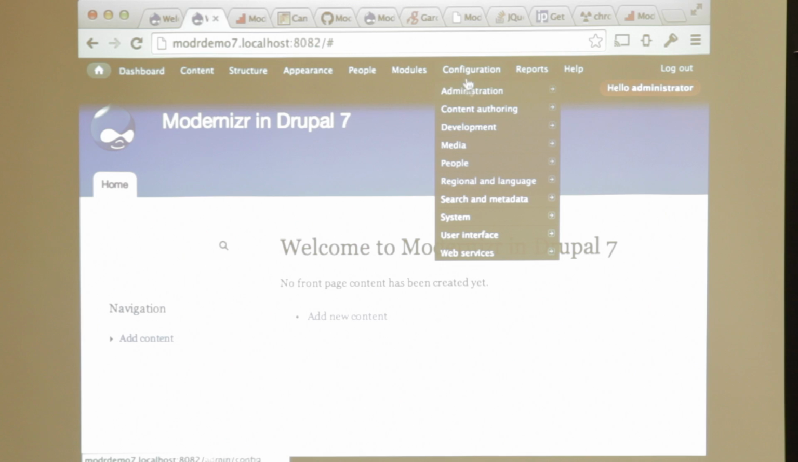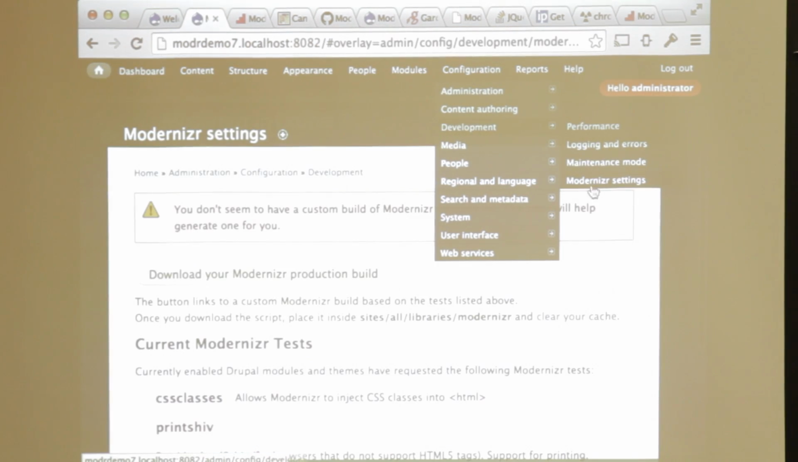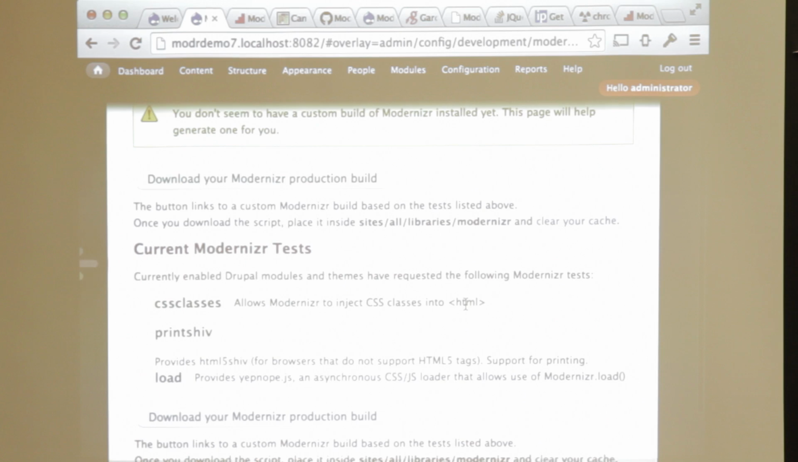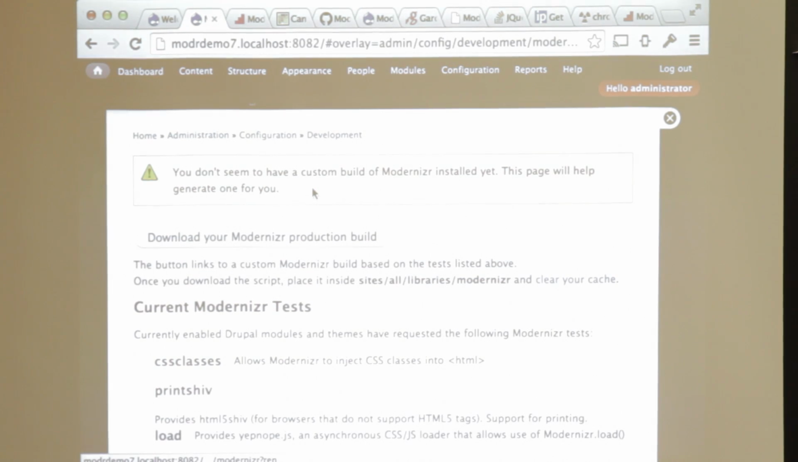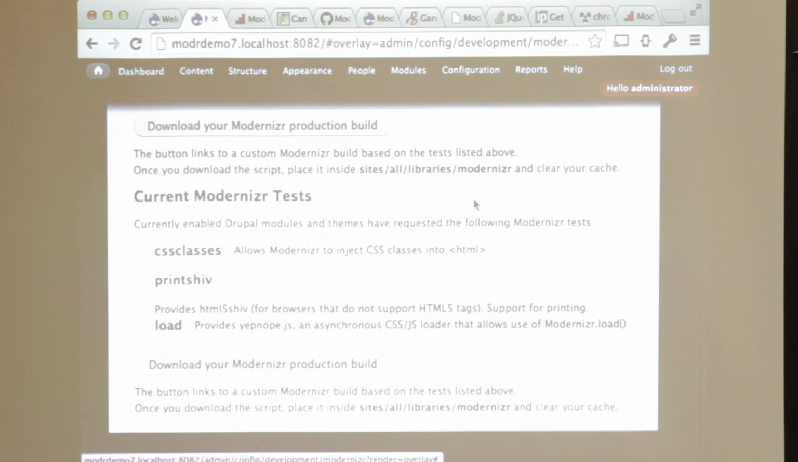And what's really cool is that from within Drupal, you can go to development, or go to Modernizr settings. Then in here, it'll say, hey, you don't have Modernizr installed. Like, you need to make one. So the way this module works is that